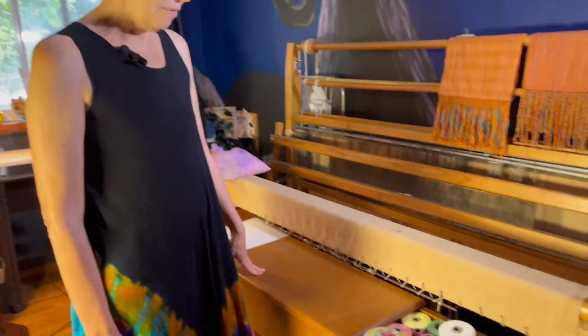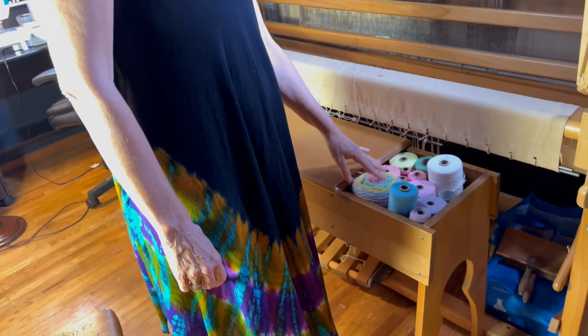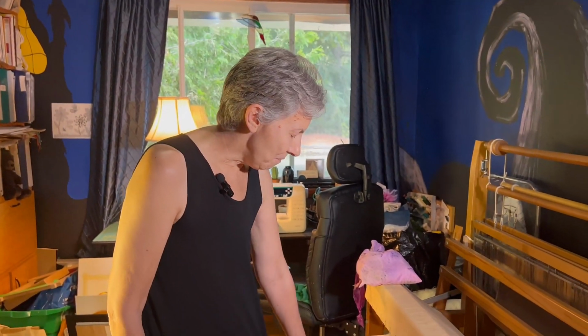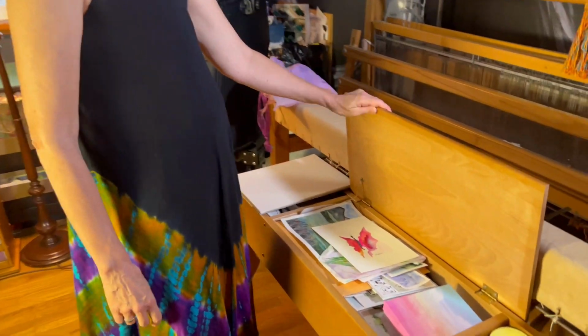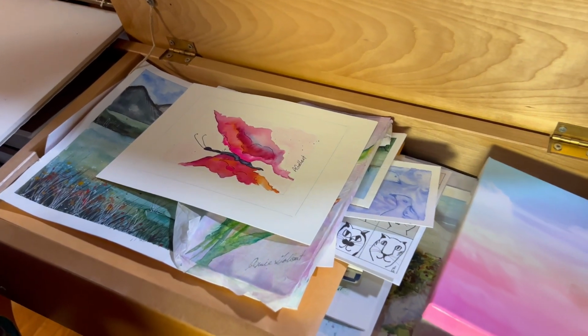And that really kind of tweaked my mind to be cognizant of how the equipment that we have fits your body or not. So this weaving bench works great for me. I use the open end on one end to kind of test drive fibers that I'm thinking about using. So whenever I walk past this, I think, oh yeah, that's good, or no, that doesn't fit at all, and I'll take it out. The other feature of this bench is that this lid flips up,